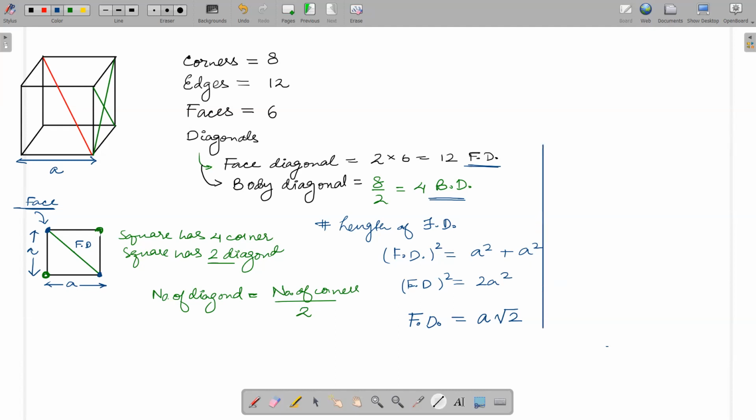Mariam, Abir, calculate the body diagonal, the length of the body diagonal. You will use a similar method. I'm just giving you a hint now, okay? Do you want a hint? How to find it in 3D? Somebody else? Yes, Ahmed, Ahmed's okay.